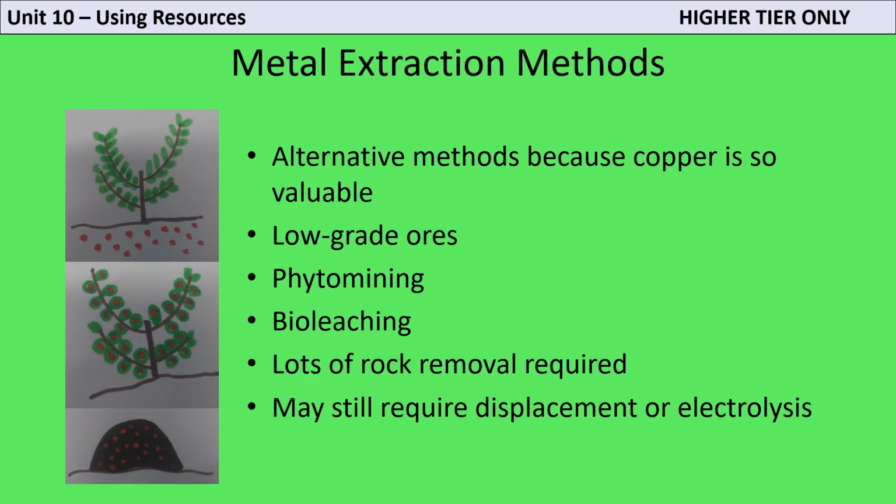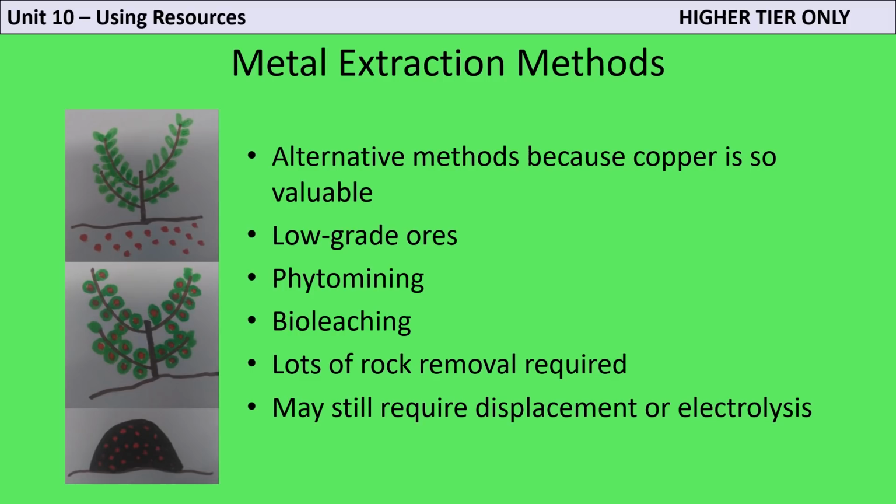If you're sitting higher tier, you need to be able to describe two novel methods of metal extraction, which are increasingly being used to extract copper, because the supply is running out but demand is increasing, so the price is going through the roof. These can both be used on low-grade ores which contain less than 1% of copper. In phytomining,